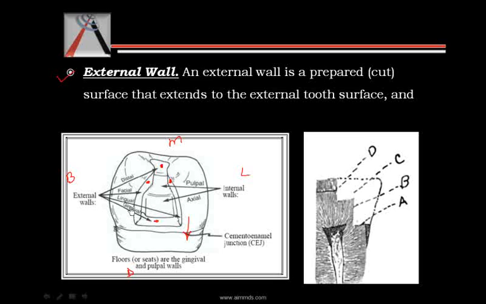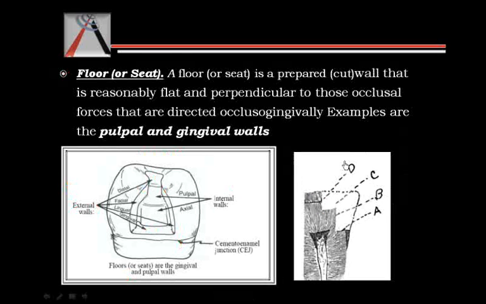So you can say gingival wall is a variety of the external wall. In this diagram we can see this is the external wall which is touching onto the exterior of the tooth surface. Then we have a term that is called as the floor or seat. So in a prepared tooth surface, a floor or a seat is the wall that is flat and perpendicular to